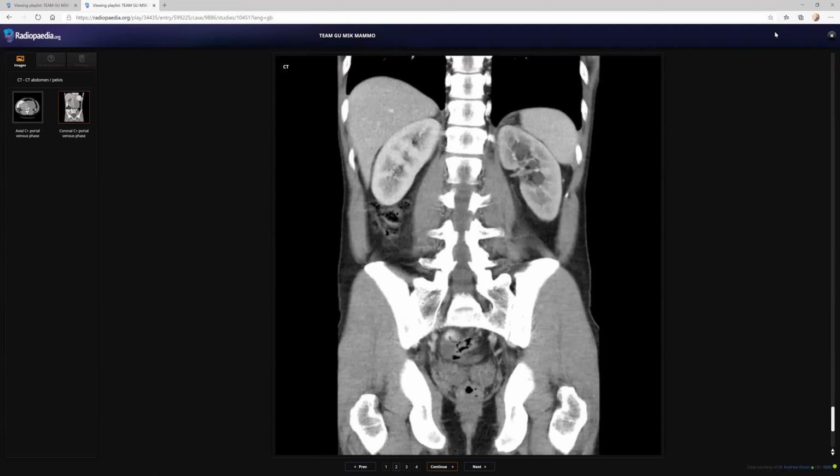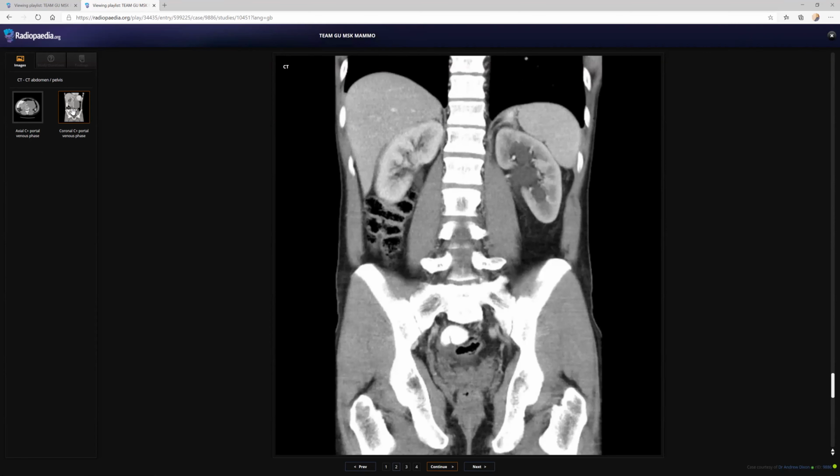You can use the up and down arrow at the lower part. Up and lower part. Okay. So